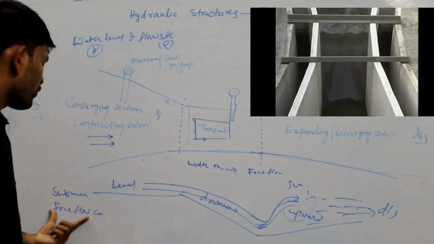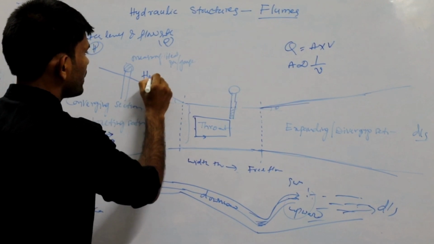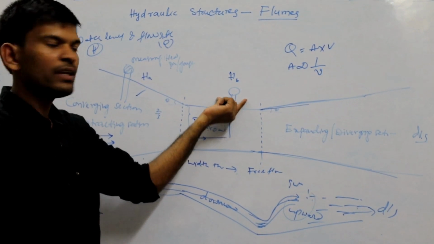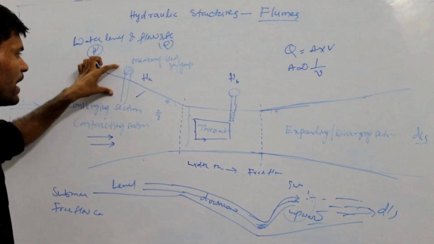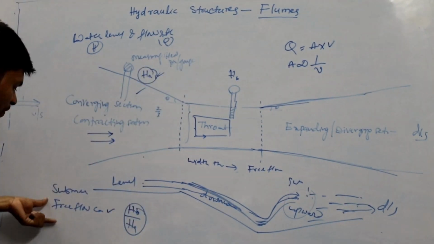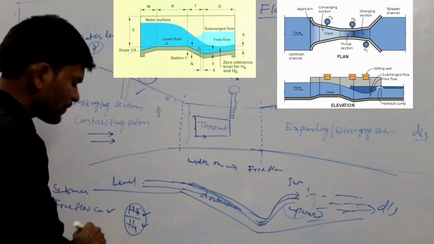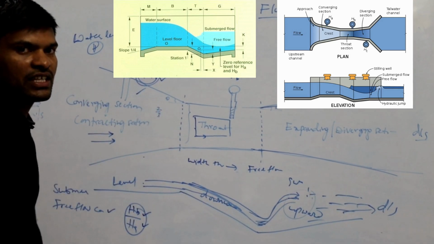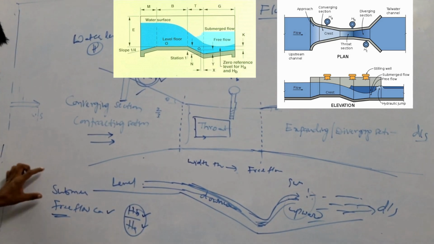Now in the free flow condition, the water level is measured. This is called HA, and in the other direction this is called your HB. Means the head at point A and head at point B. You can say this is A and this is B. Now this is the head value. Head means the water level. This is HA and this is your HB. Now in the free flow condition, the ratio of HB by HA can be measured, or in free flow condition, if you measure the HA, that will also be sufficient, because HA also indicates that you are in simply free flow condition.